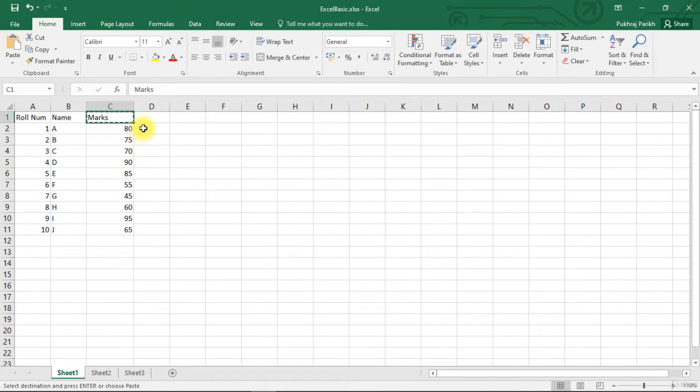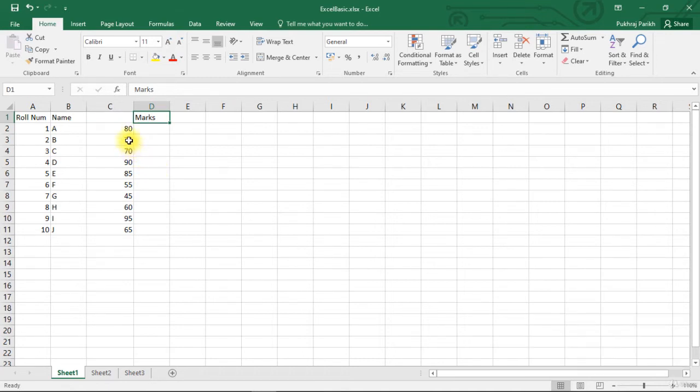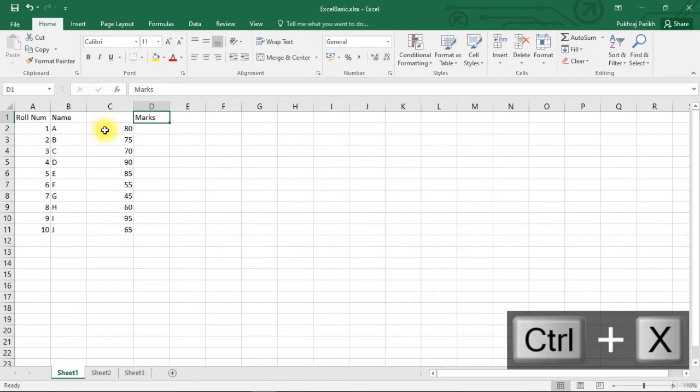Now we can again select the destination cell and paste the contents that we have already cut using the shortcut for pasting, which is Ctrl plus V. So hold down the Control key and press the V alphabet key to transfer the data to the destination cell. In cases where we have to do cut paste multiple times, using keyboard shortcuts is the best idea.